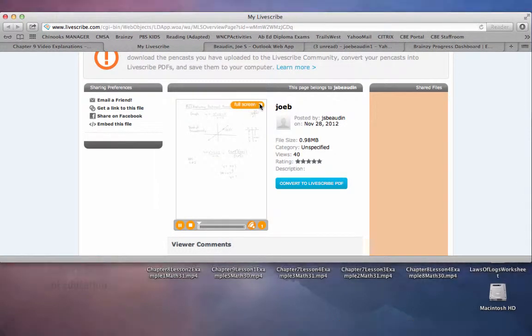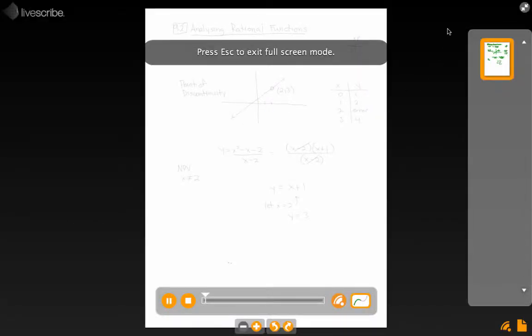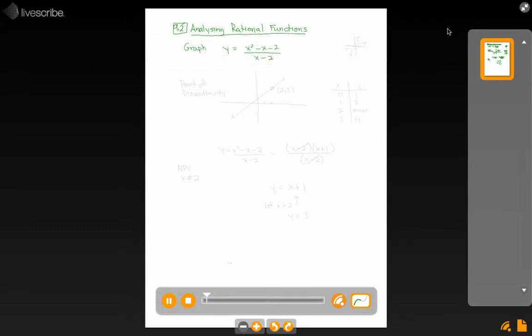This example comes out of section 9.2, Analyzing Rational Functions. In this particular example, we're asked to graph y equals x squared minus x minus 2 over x minus 2. Just to get a picture of it, graph it on your calculator, and you'll see a picture that looks roughly like this. And you get your window settings right and everything, and it just looks like a straight line,